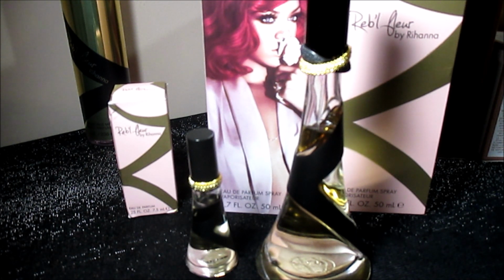I initially thought of it as a fall fragrance because sometimes it comes off a bit dark to me. And I didn't say this about Rebelle, but that one's definitely a fall fragrance. But I wore Rebel Fleur yesterday, even though I kind of think of this as a fall fragrance, for some reason I just wanted to wear it. It was driving me crazy with how good it smelled the whole day. All day I was smelling this and I was just like, this perfume has everything that I love when it comes to